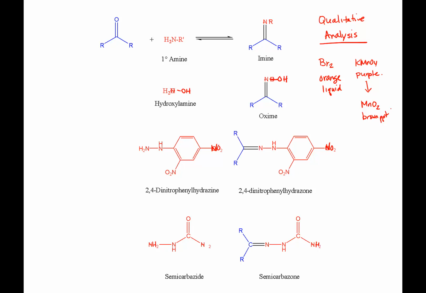So if you can imagine that I have narrowed down my functional group to whether or not I have a ketone or an aldehyde versus a carboxylic acid and all the derivatives that we'll talk about in the future, if you added a drop of any one of these primary amines, you would end up with a reaction. And so all of these compounds, if it's a primary amine, you could make an imine, or using hydroxylamine, you could make an oxime. The one that's used the most is